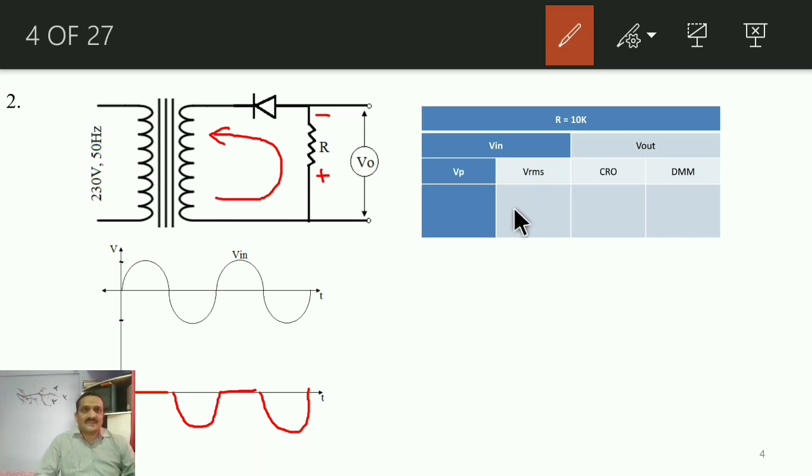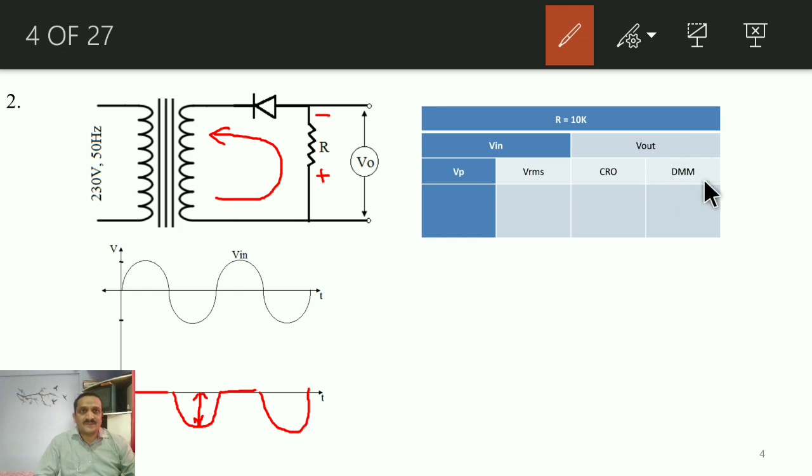Again, same as the previous one, just consider the RMS value as 12 volt. That means the transformer is a 12 volt transformer, its secondary voltage is 12 volt. Calculate the value of Vp. Then imagine if it is observed on a CRO, how much will be the peak value of this signal? It will be equal to Vp minus 0.7, right? Or you can also do it by using simulation software, and you have to check it.